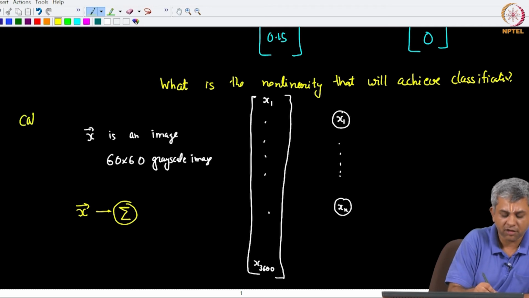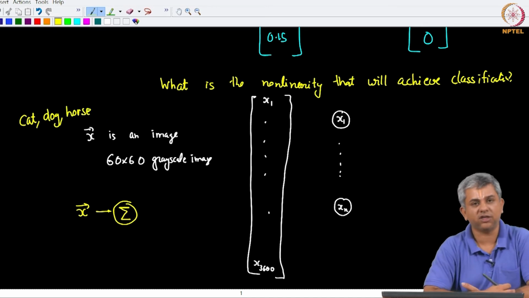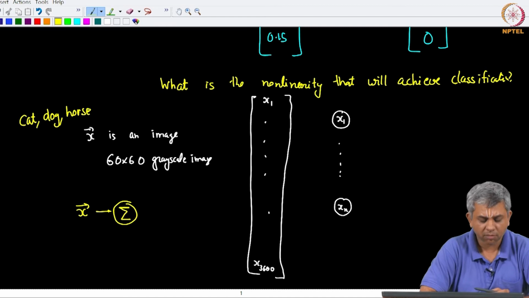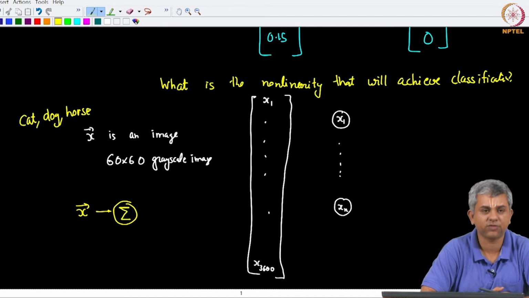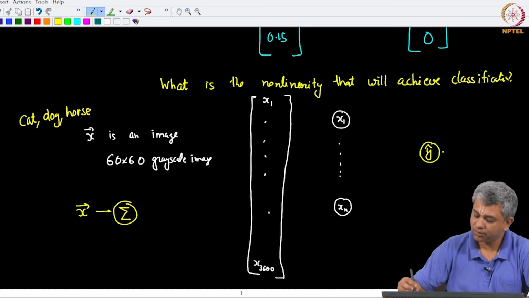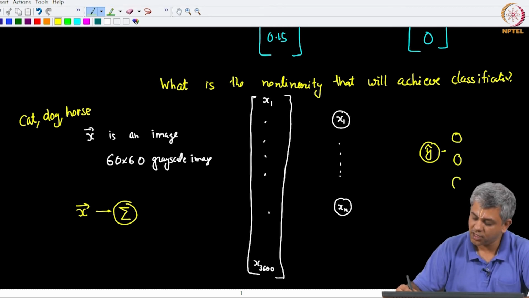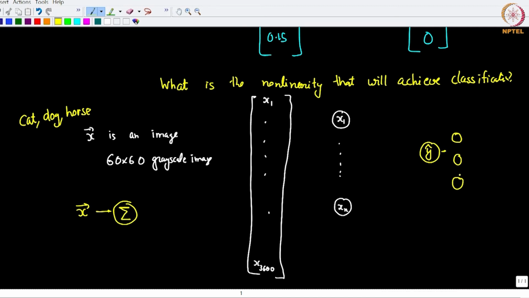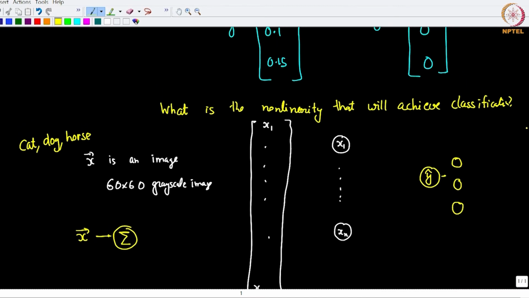Let us say this is an image which we know is either of a cat or of a dog or of a horse. You can think of several engineering examples also, but we will use this because they are immediately clear to us. Okay. So, suppose we have to do this, we need a y hat here, and y hat now is going to have 3 components, y hat 1, y hat 2, y hat 3, as I have shown above.